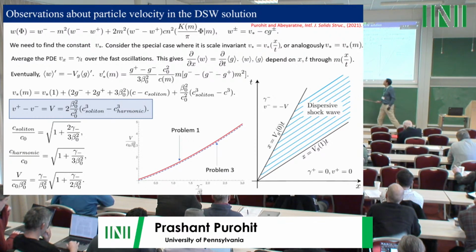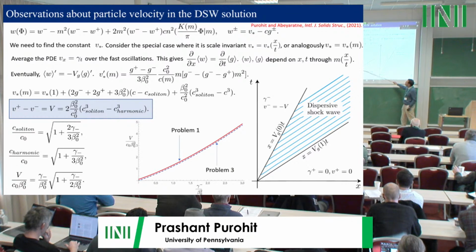Okay? But the nice surprise is that when you plot the impact velocity v as a function of gamma minus, the plot that I obtained from problem 1 is the red line here. The plot that I obtained from this formula is the green line here, and we have deliberately shifted these such that you can distinguish the two. They are two very different analytical expressions. They don't look similar. You cannot reduce one to the other, but when you plot them, they sit almost right on top of each other. Okay? And this is the x-t plane that I showed you earlier. What about dissipation? We're going to get to that.